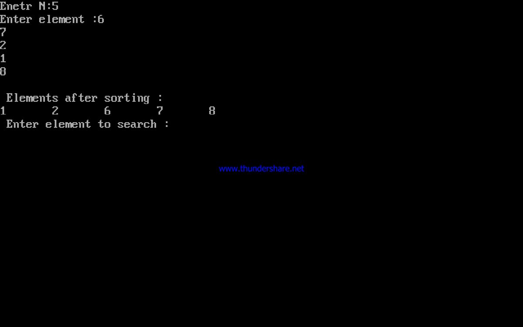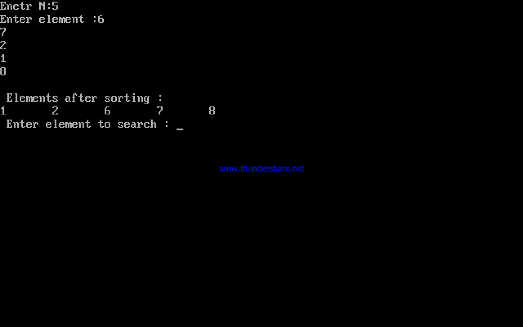Here the user has to enter one number. I entered 5, which means my array should contain 5 elements. Here I entered an unsorted array. After entering the 5 elements, first our program sorts that array, and after sorting you can see the output here: 1 2 6 7 8.